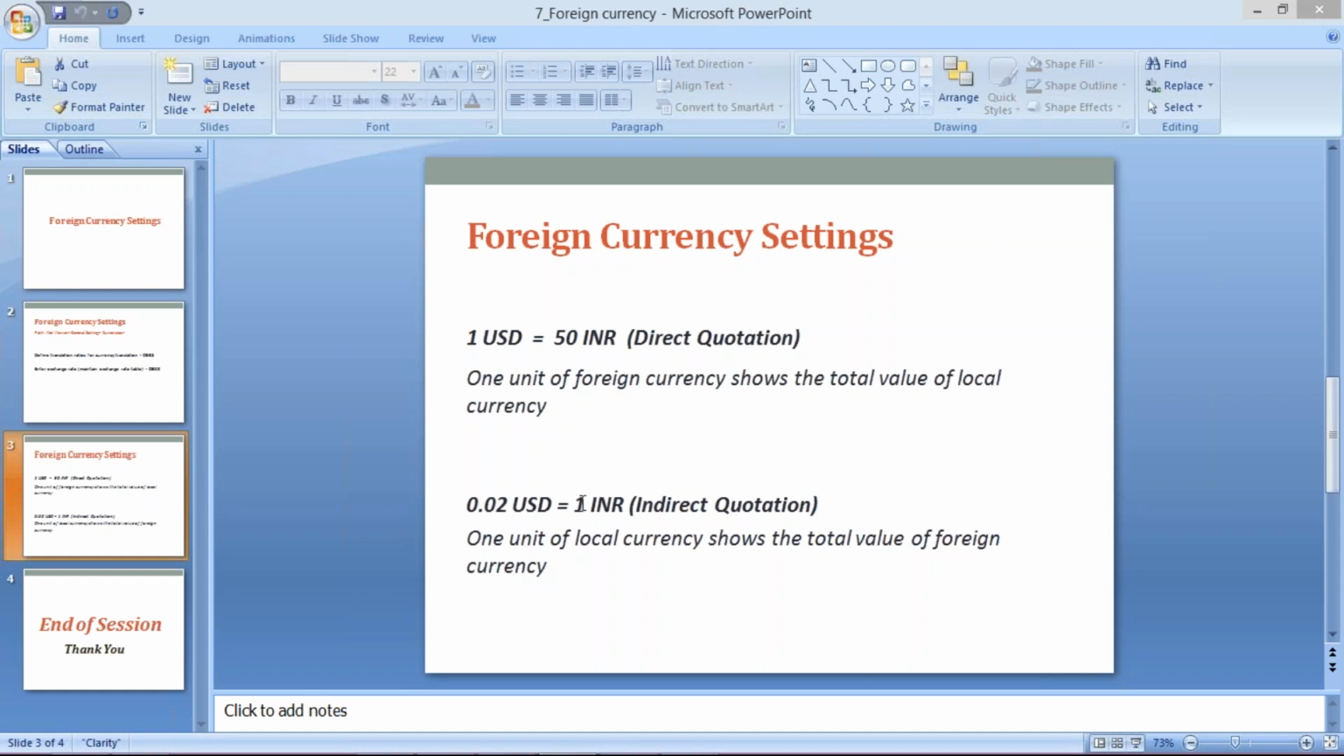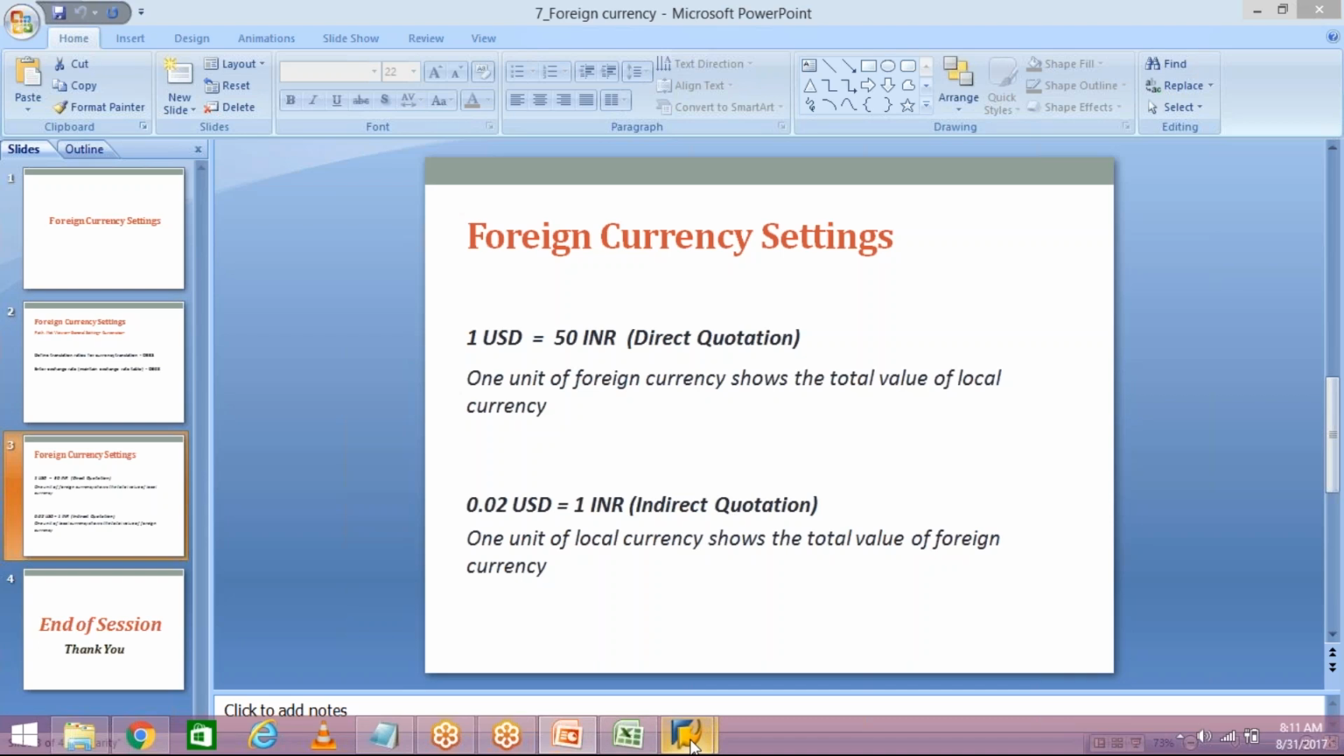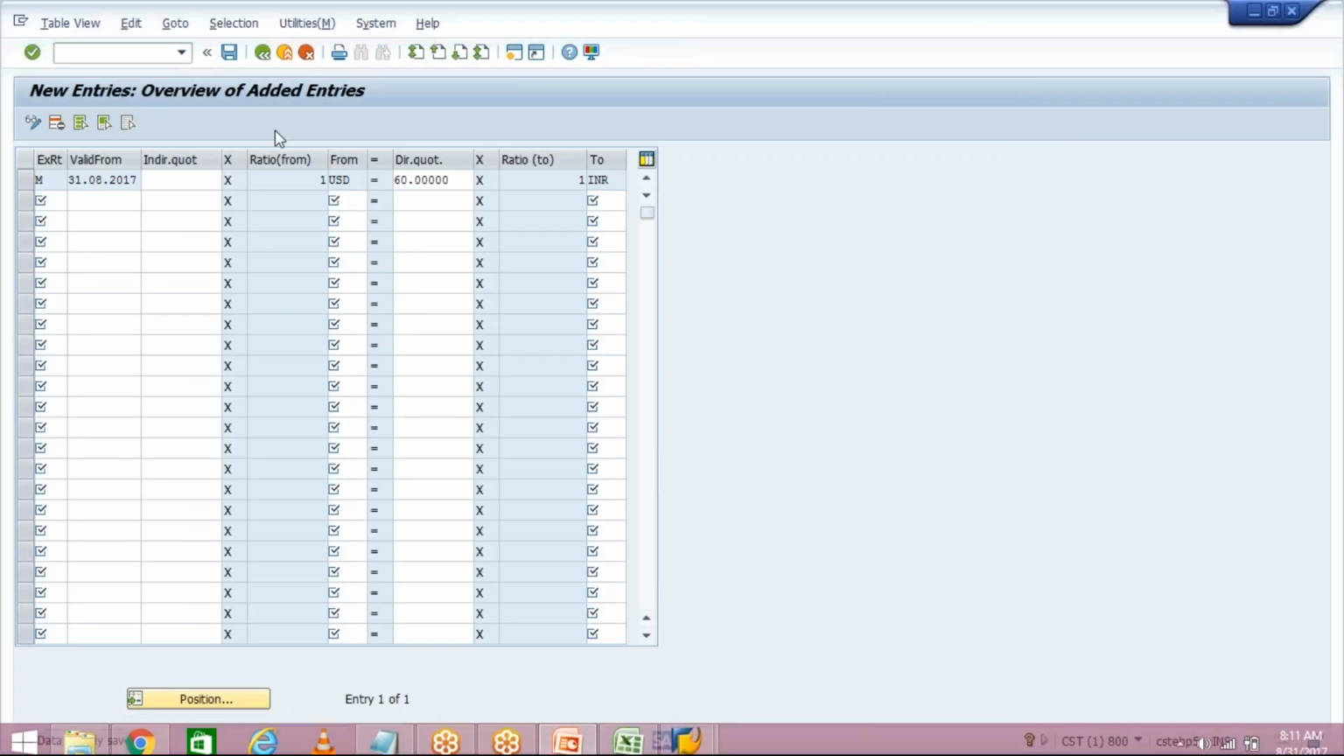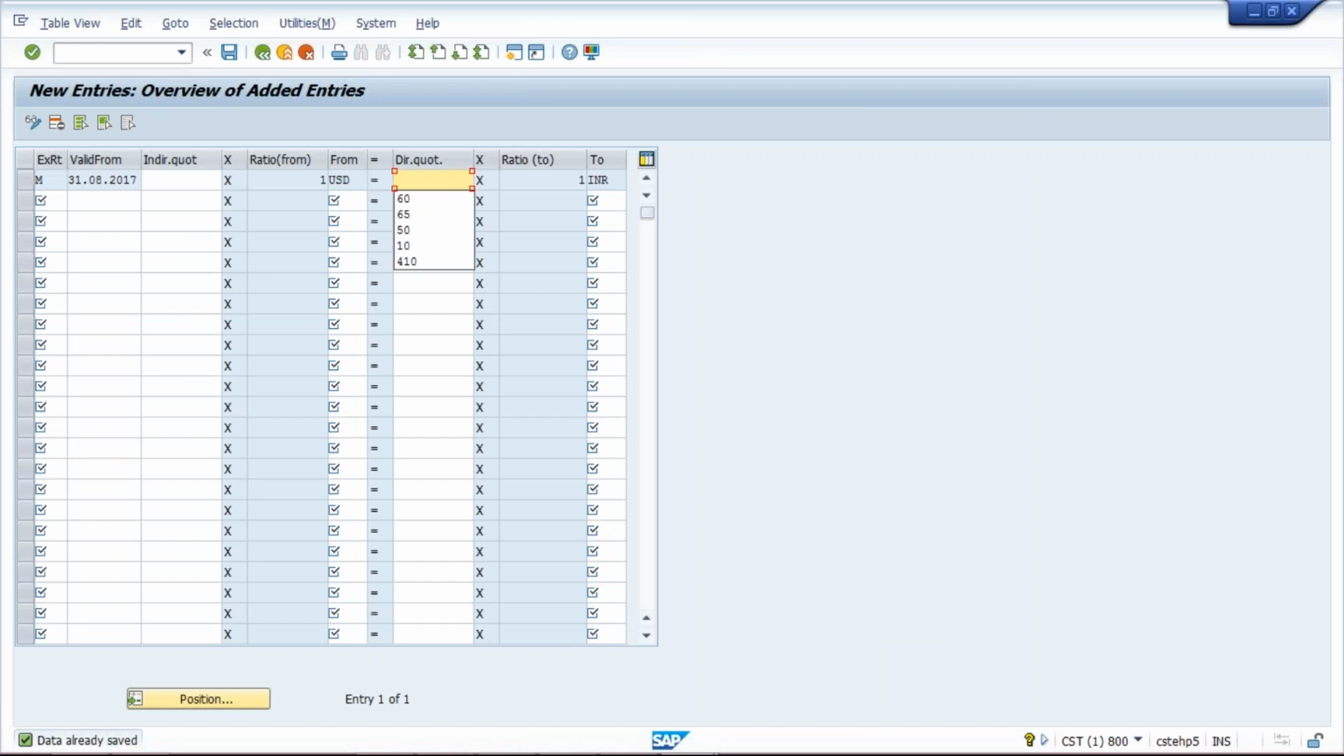Here we are showing that 1 unit of local currency shows the total value of foreign currency. Here I am saying, see, in two ways we can maintain this. Let's suppose here it is 50 rupees itself, 50 USD. Or else, if you want to use direct quotation method to maintain our foreign exchange table, then here we have to give 1 USD equals to 50 Indian currency. Or else indirect quotation means here you can maintain